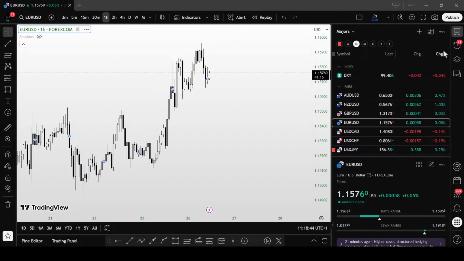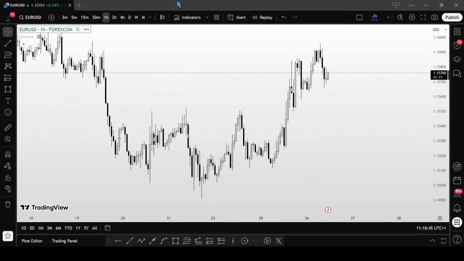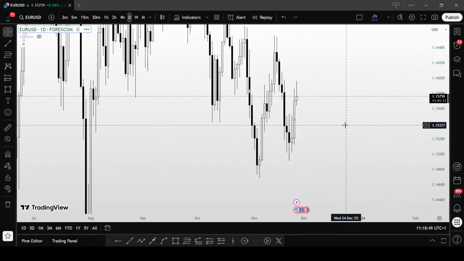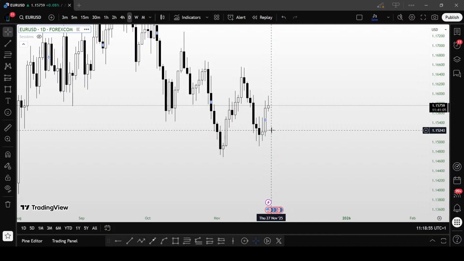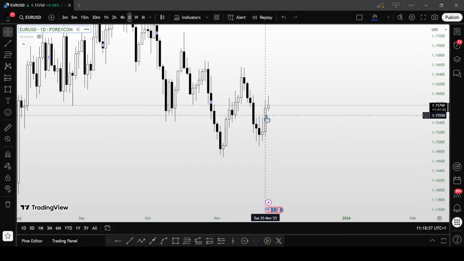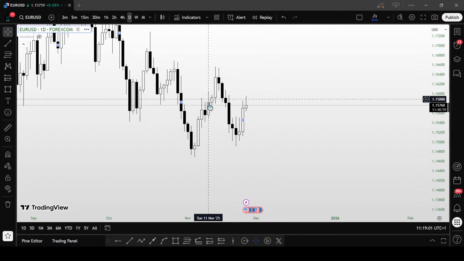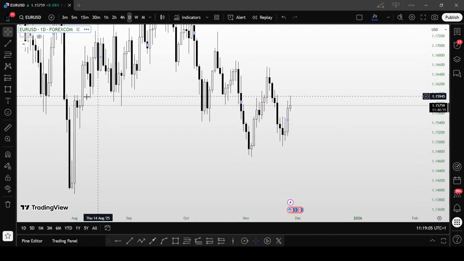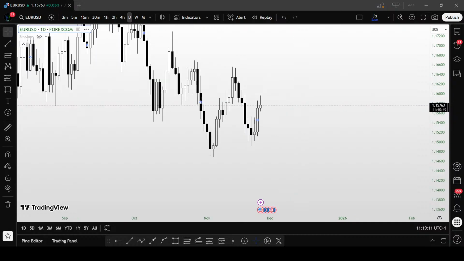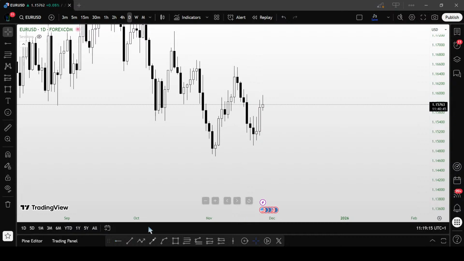For Euro USD, let's just go to Euro USD, please. On Euro USD, the story is almost like that of the XY. We did have a little pump here. Currently price is around this area, and I don't really know what is inside this area except that we had support. Now we're going to probably use it as resistance. We've already swept the previous day high, and we've been heading down since then.